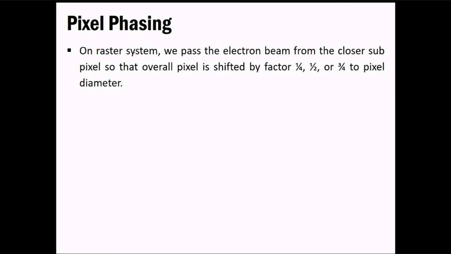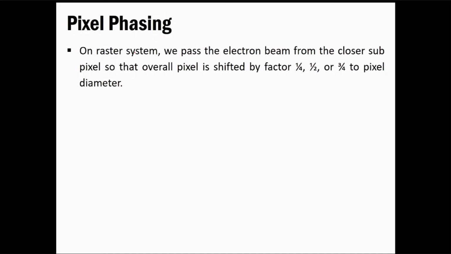So you can think of a computer monitor or raster scan system in which you have a grid that has so many sub-pixels, so many small pixels, and each can contain some intensity that is to be illuminated or displayed. Now, what this concept says is, instead of going with the main pixels and dealing with the integer, rounded off values, we try to pass our electron beam. The main purpose of doing this is to illuminate something or display something onto the monitor.